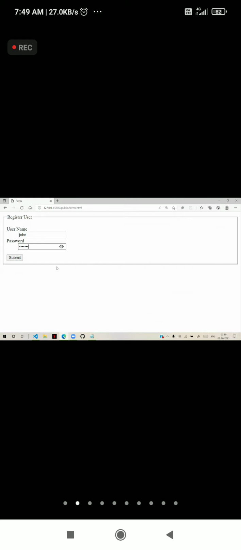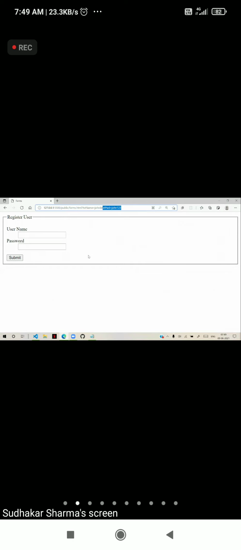These days browsers will show you a symbol like this. When you click on that symbol, it can show what characters you are typing, and you can hide it. And when you submit, actually that password is submitted in the URL. That is the reason when you submit on a GET request, it is not safe. Your password can be seen. Because it is appended in the URL, anybody can see that and handle it.